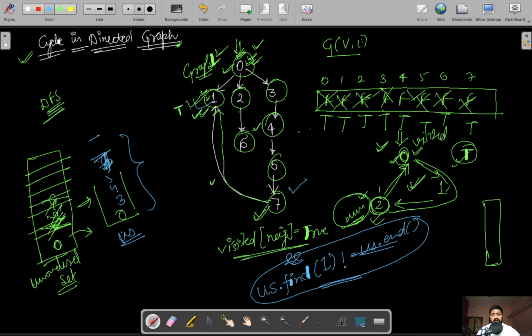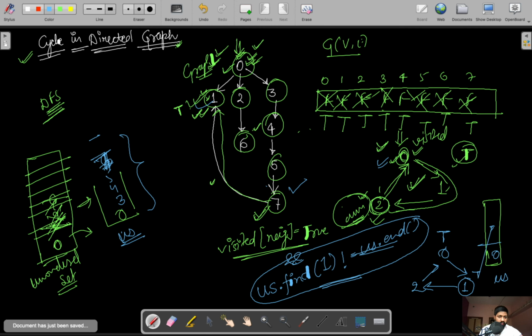Now let's take an example where we have the graph 0, 1, 2 and back to 0. Once we visit 0, we make visited of 0 true and put node 0 in the unordered set. After that we visit 1, make visited of 1 true and put it into the unordered set.